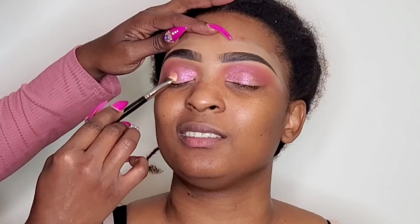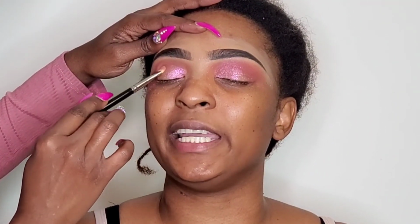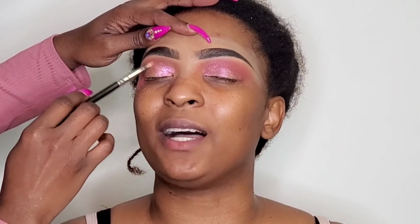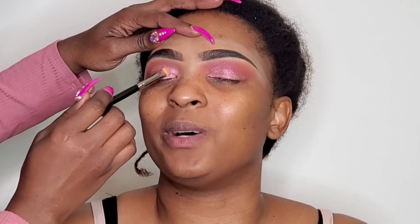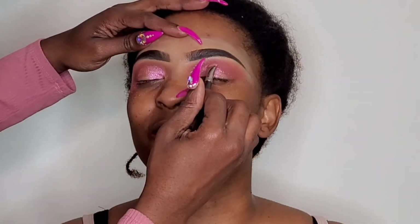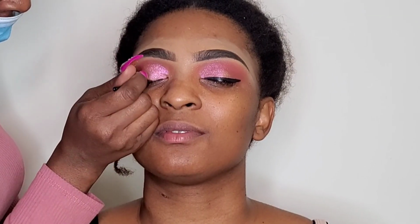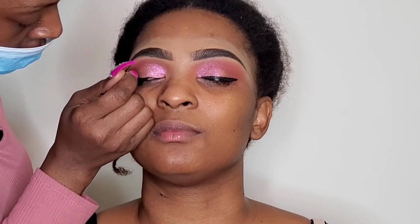But this is the only clip I lost. So basically, I'm just patting that one shade on her eyelid. I'm not really trying to make a cut crease. I'm not trying to be really precise with this shade. I'm just patting it on so that it can fill up her eye and give me a nice